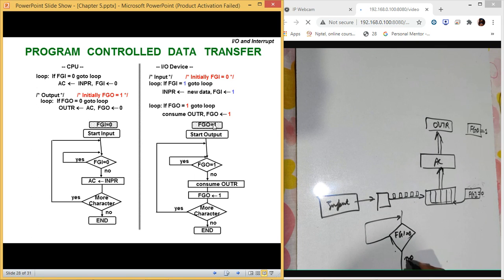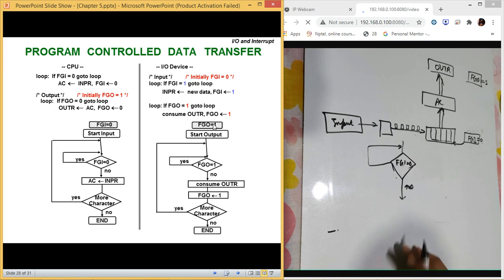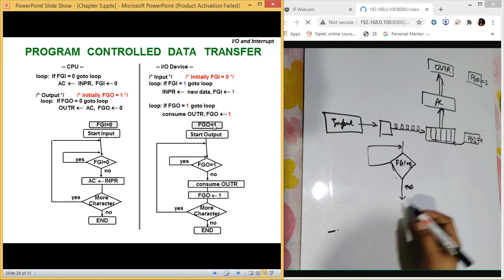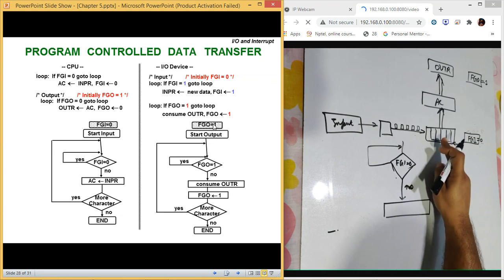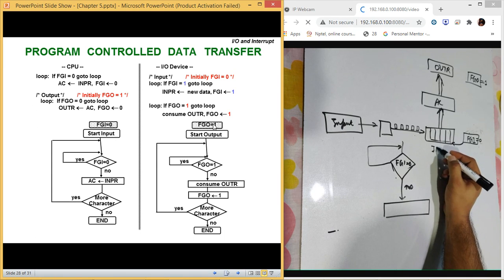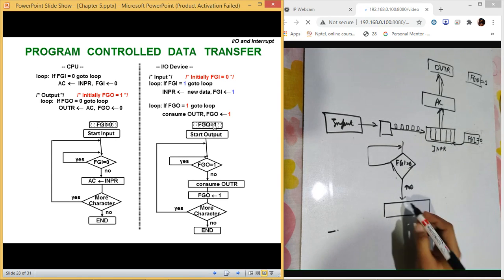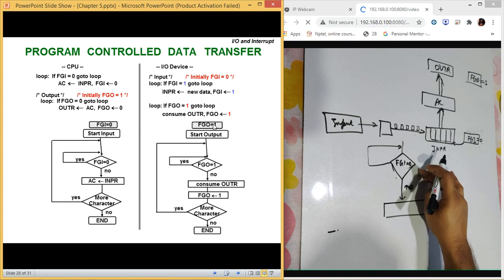Nothing changes. Once all the 8 bits are transferred from the input interface to your INPR register, then this will be 1.